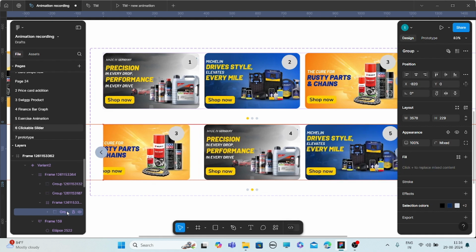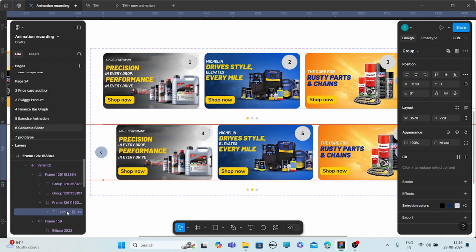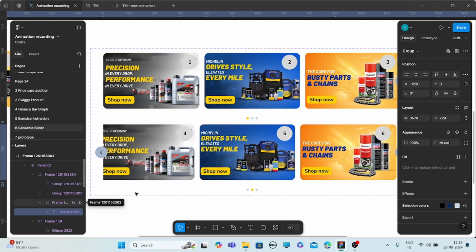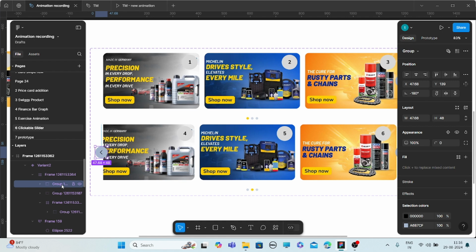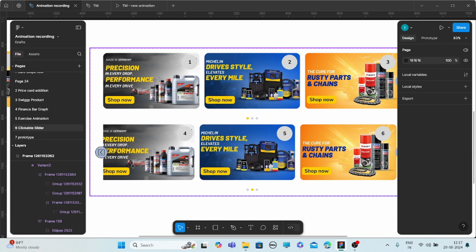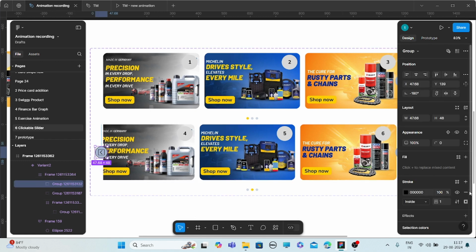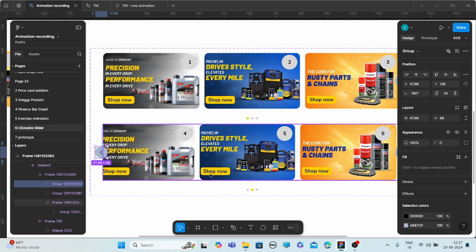We need to have this fourth frame as our first one. Here this is our frame. For this frame group we can also add a stroke, but here I think the stroke is not visible, so let's remove this.